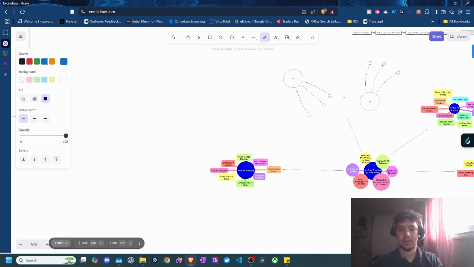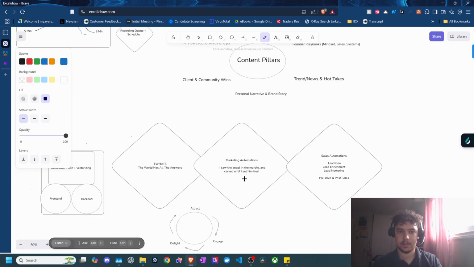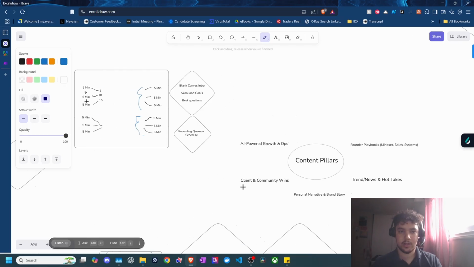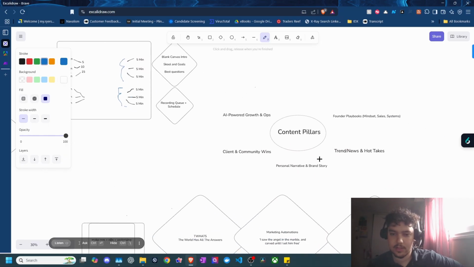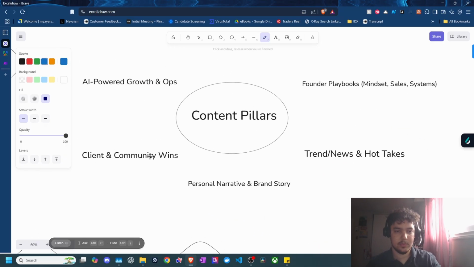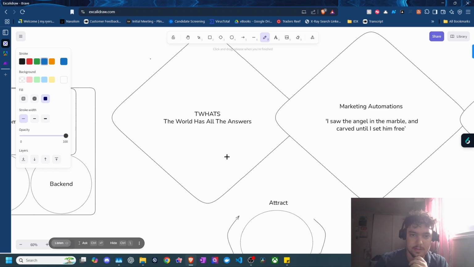Also note, in the past week, we've covered a lot of good ground in terms of branding and laying the groundwork for really what is this whole AI and automation stuff? What is it all about? And a large part of that is bringing in community wins and new stuff that's happening, especially in the market with ChatGPT agent and whatnot. So next week, I'll be diving a bit deeper into both of these and also bringing this piece to life.